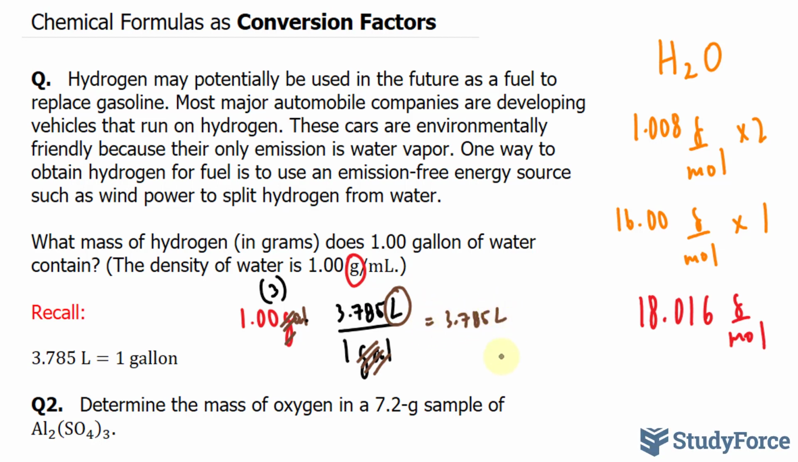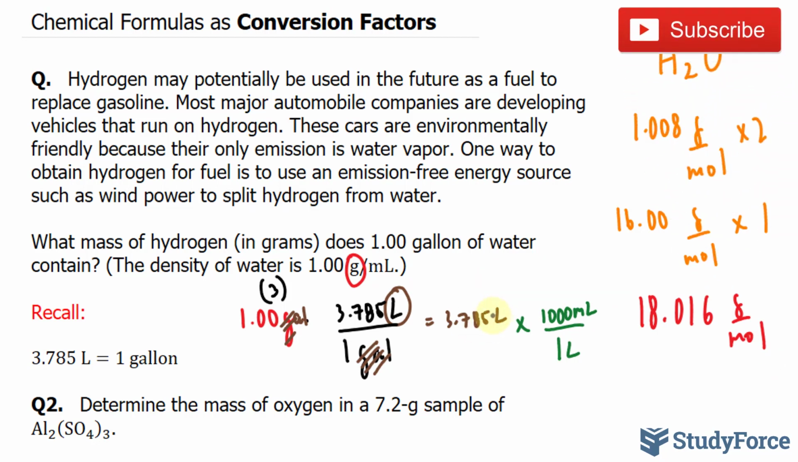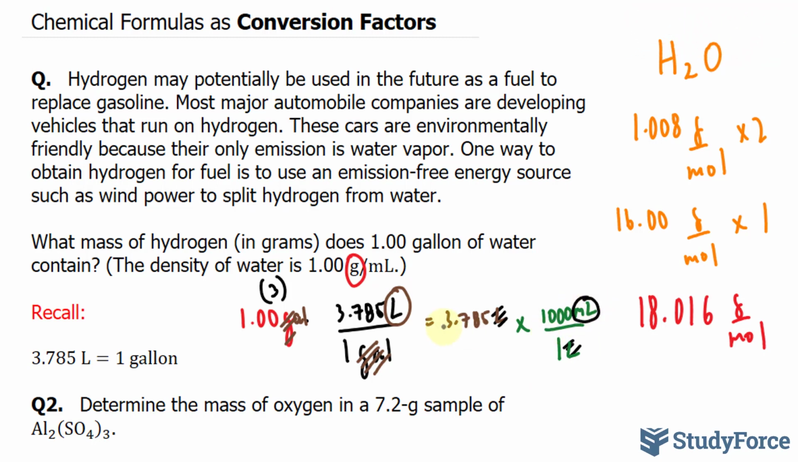3.785 liters. Like I mentioned earlier, I want to find out the milliliter equivalent of this number. And the conversion ratio for milliliters to liters isn't shown here, but it's very obvious that 1,000 milliliters is equal to 1 liter. So I'll multiply this by 1 liter at the bottom and 1,000 milliliters at the top. And the reason why I'm doing it this way is so that this unit cancels out with this unit, leaving us with milliliters. So 3.785 times 1,000 will give you